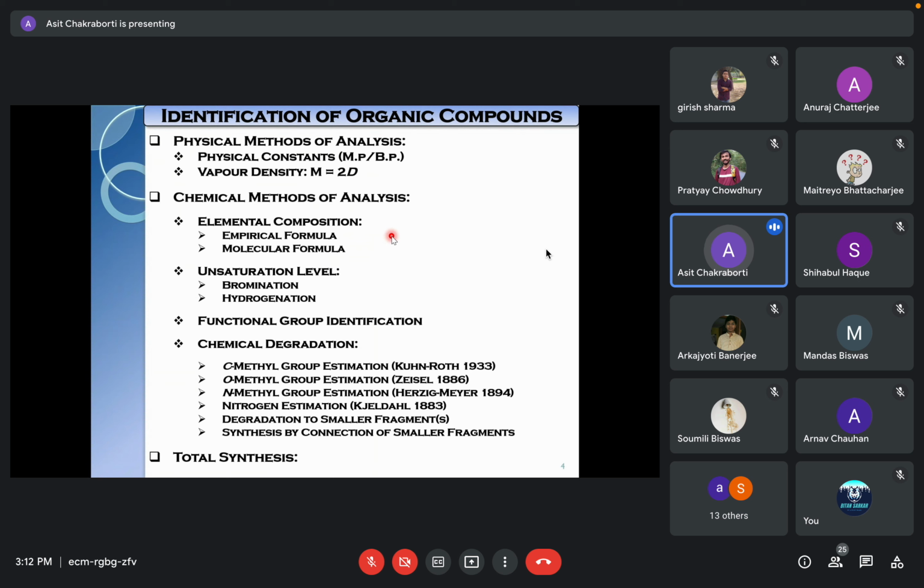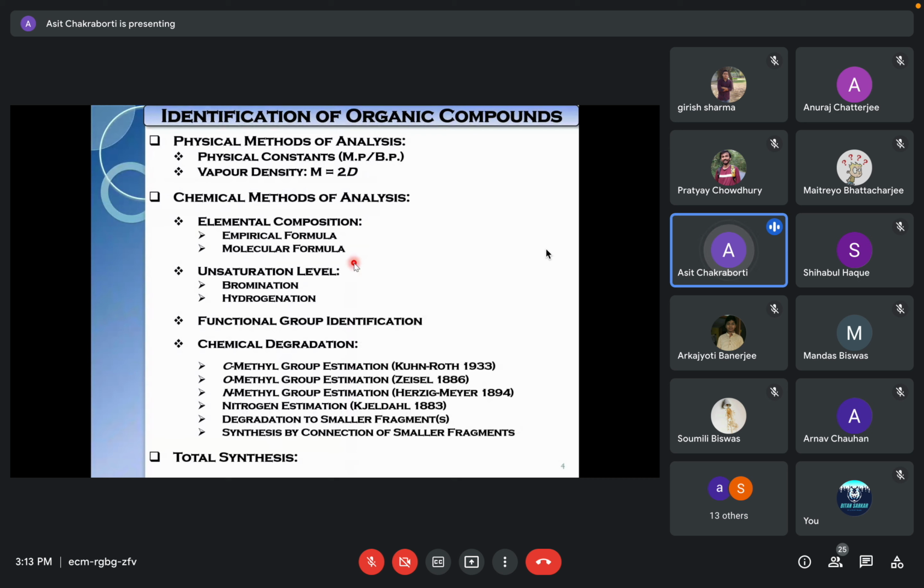Then, probably in class 12 we have learned that when the percentage composition of the elements is given, from that you can determine an empirical formula, right? And once you get the empirical formula, and if you know the molecular mass, say from the vapor density, then you can find out the molecular formula. So this is the routine practice for that. It is not just for the sake of it that it has been taught to you in class 12. I hope that it has been taught to you. It was in the syllabus when we were school students. That is exactly the way the structures of unknown organic compounds were determined.